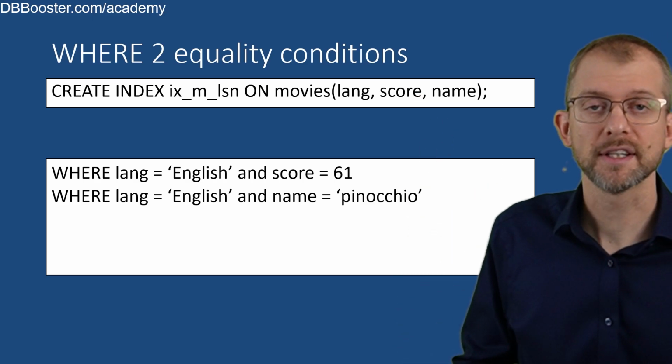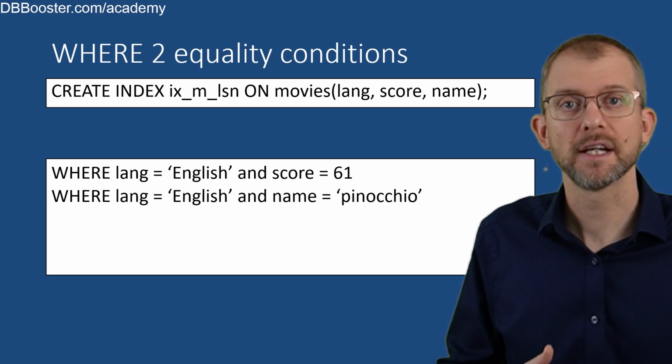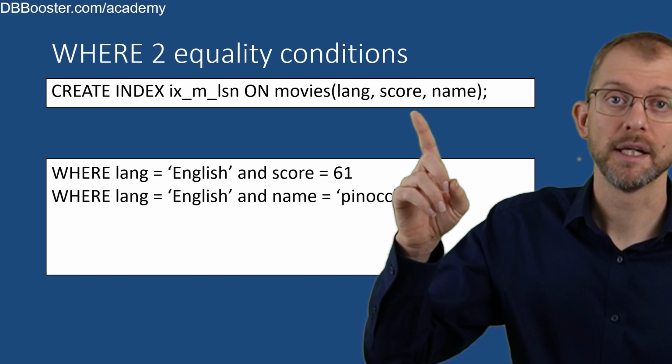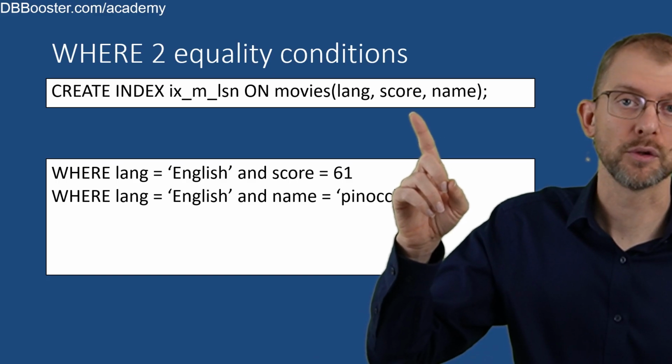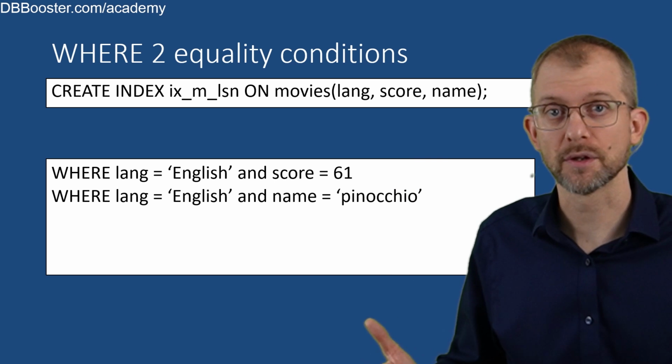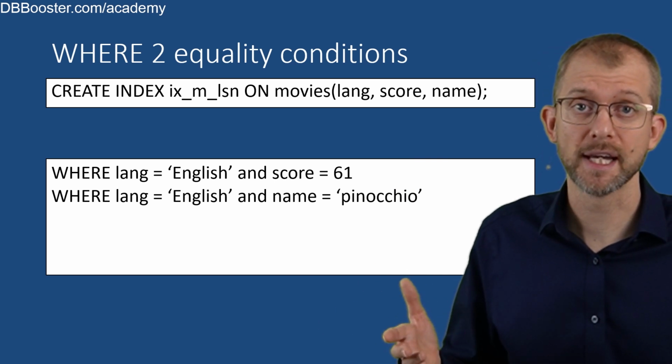The database can traverse by language, but it cannot continue by name because the next column in this index is score, not name. That means it will read all English rows first and then filter by name, which can be